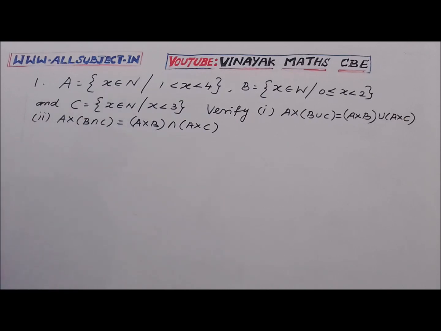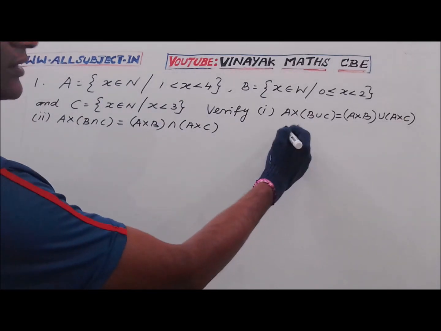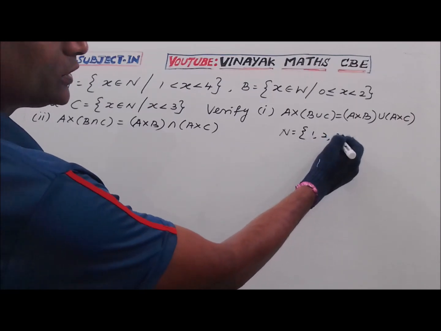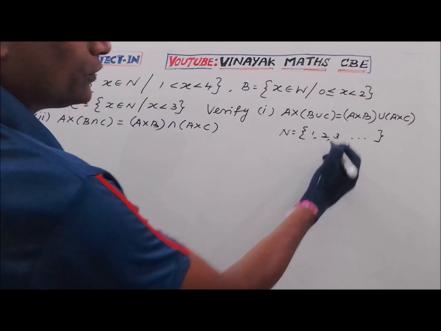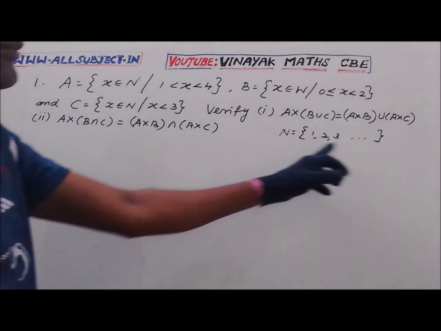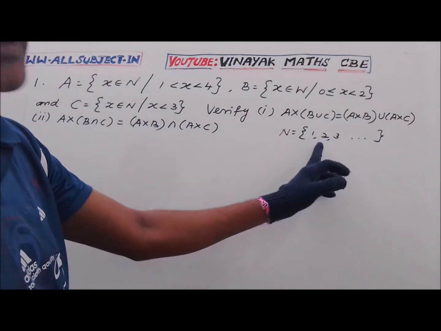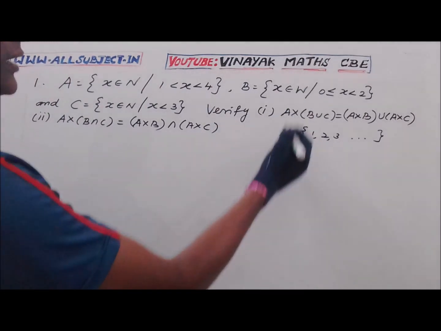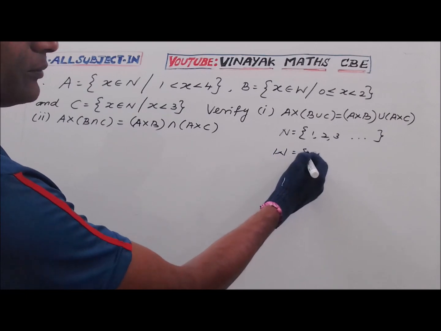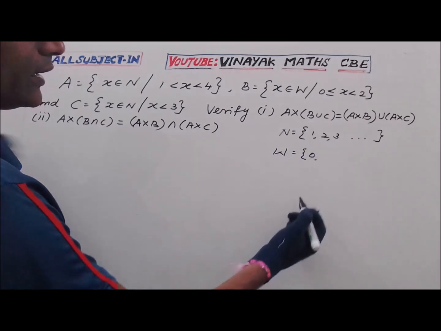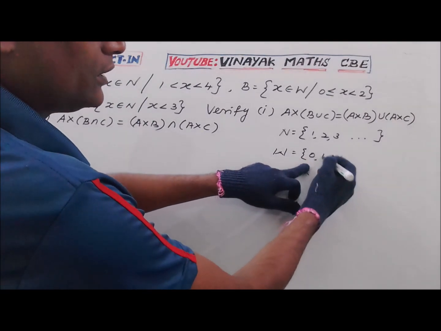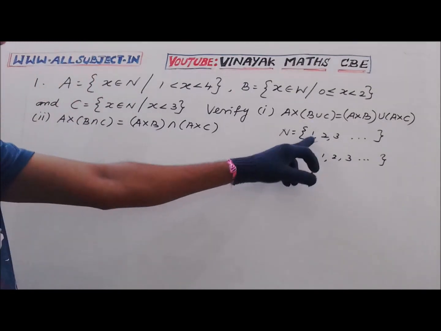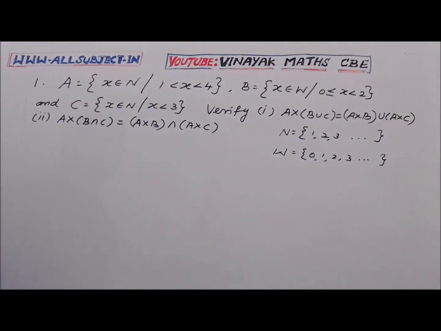Okay, what is meant by natural number? N means the set of natural numbers. It starts with 1, 2, 3, etc. till infinity it goes. So it has infinite numbers, but starts with 1. This is known as natural number. And W is known as whole number. Here 0 is included. It starts with 0, then next 1, 2, 3, etc. With the natural numbers, if you add 0, you will get the whole numbers.